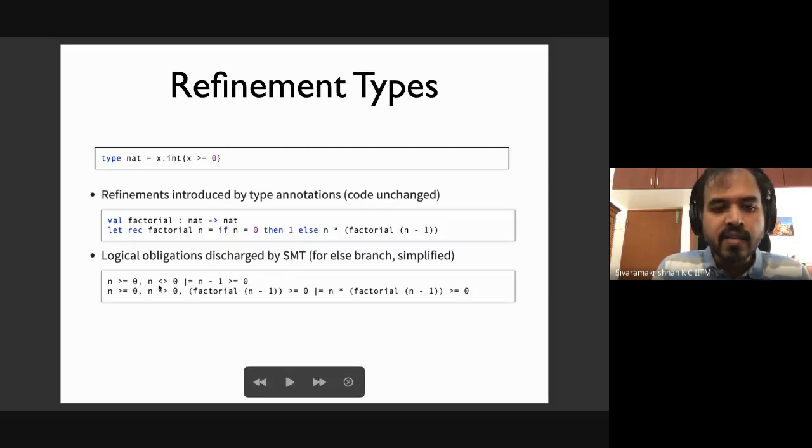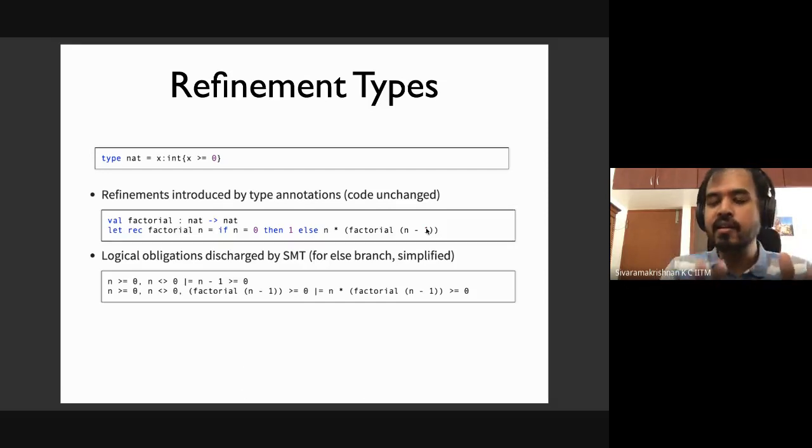So I know that n is greater than or equal to 1, and I need to prove, you read this as, to show that n minus 1 is also greater than or equal to 0. If n is greater than or equal to 1, then that number minus 1 is always going to be greater than or equal to 0, right? So hence this particular expectation about the constraint on the input of factorial is satisfied. F-star says I tick off this. I know that this particular function has the correct argument type. So that's done, and immediately